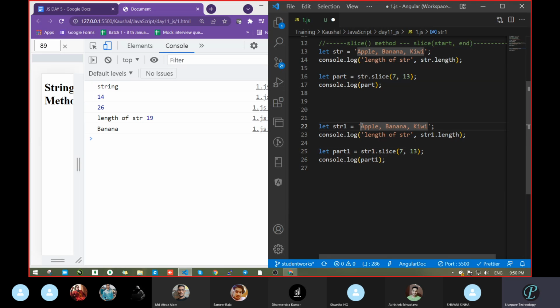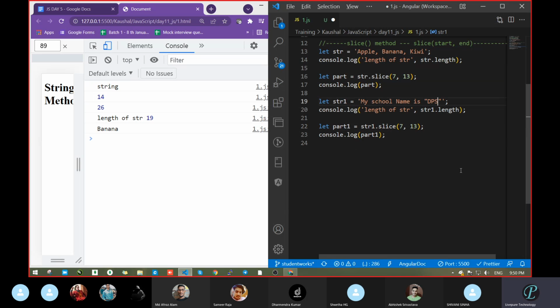What I want is that, sorry, my school name is DPS, Delhi Public School.